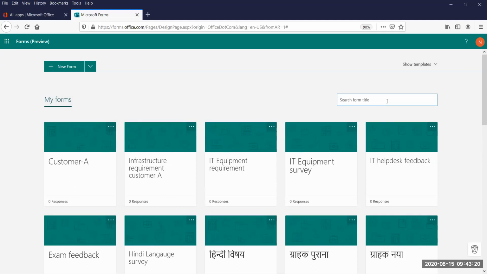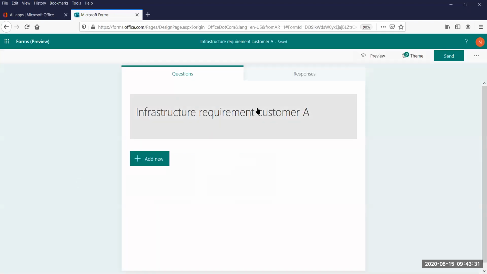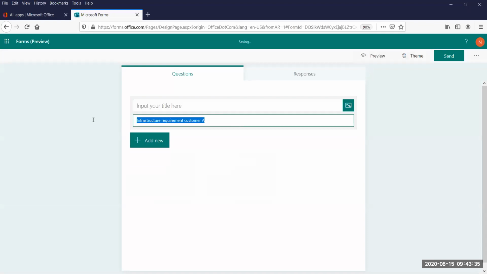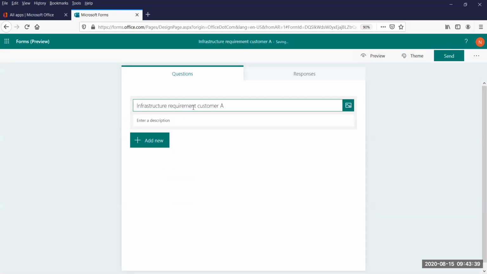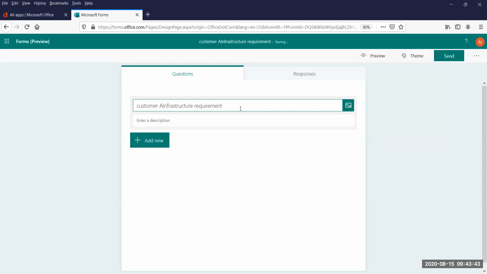But here the best option is if I give equipment, I can find wherever we have equipment. And in the same way, if I had given this name correctly, for example, I cut it from here, sorry, I will cut it here and paste it here, and if I say customer A, I cut it and give it at the beginning.